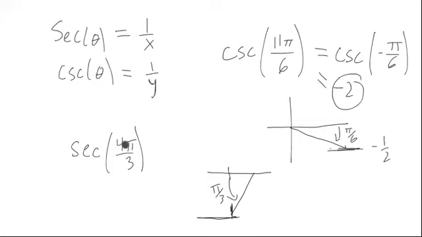So we're interested in the x value since it's secant. So we have the smaller x value, which would be a half, and take its reciprocal, you would get 2, except realize that everything's negative here. So it'd be negative 2. Because the x coordinate is negative a half, and then you take a reciprocal, you would get